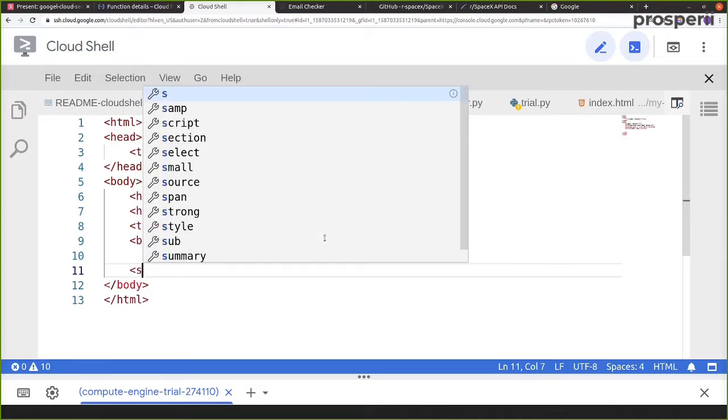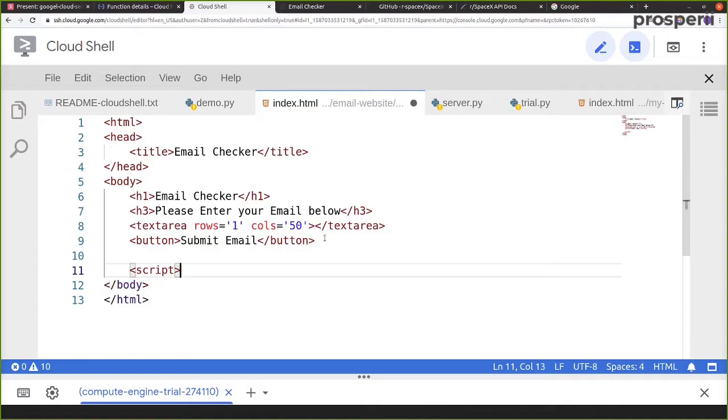So inside HTML we have a tag called script, and let's close this tag. So essentially any program or any code which will be written inside this particular tag will basically indicate what we have to do.